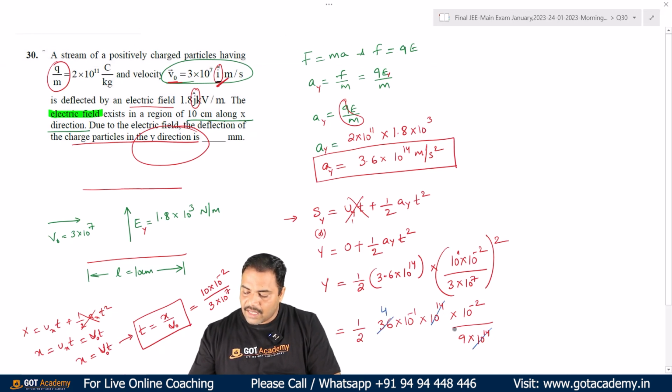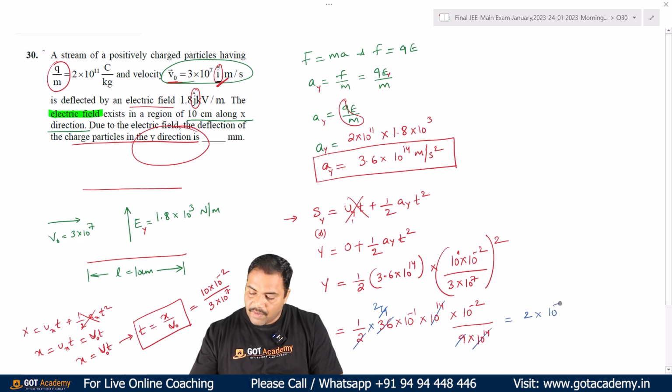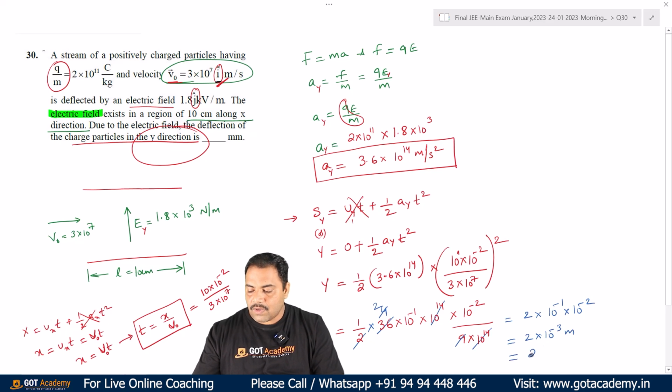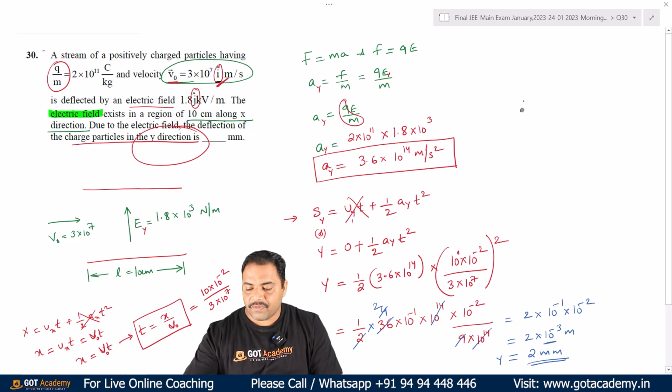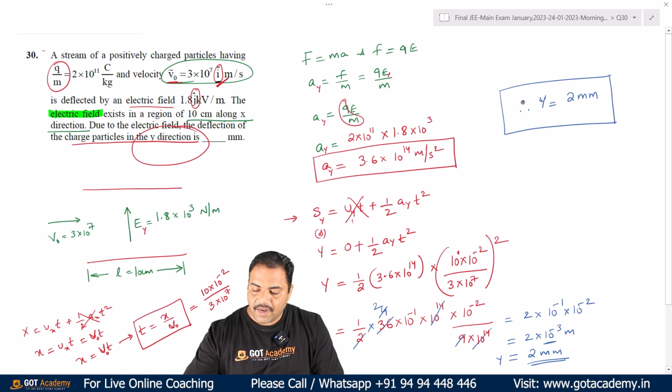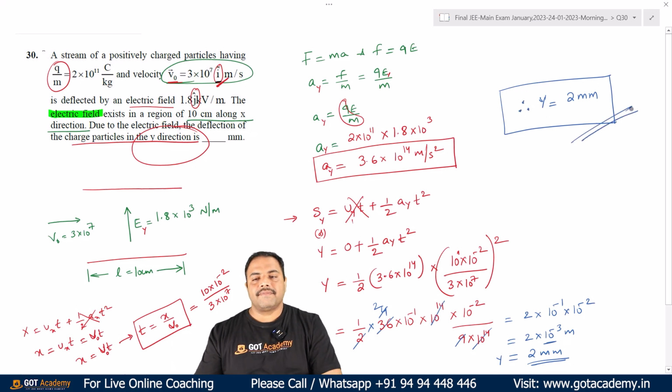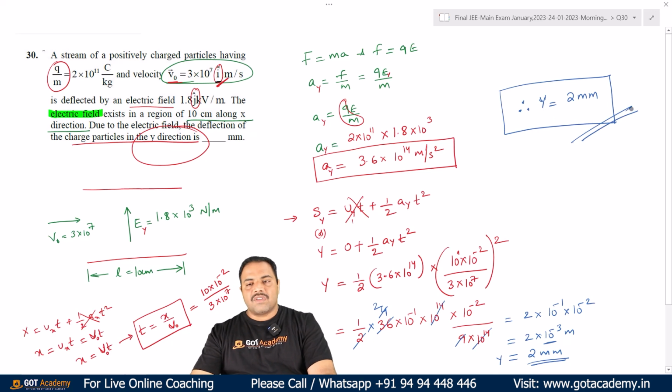10 power 14 has been cancelled. So 9 4s are 36 here. So 2 2s are 4 here. Okay. So the leftover part here is 2 into 10 power minus 1 and minus 2. So this is equal to 2 into 10 to the power of minus 3 meters. So the final answer for this one is that 2 into 10 power minus 3 meters is 2 millimeters. Like this we could write. So therefore, y is equal to 2 mm. Okay. So with this, we have completed our 30th question, and we have completed our morning session question paper,